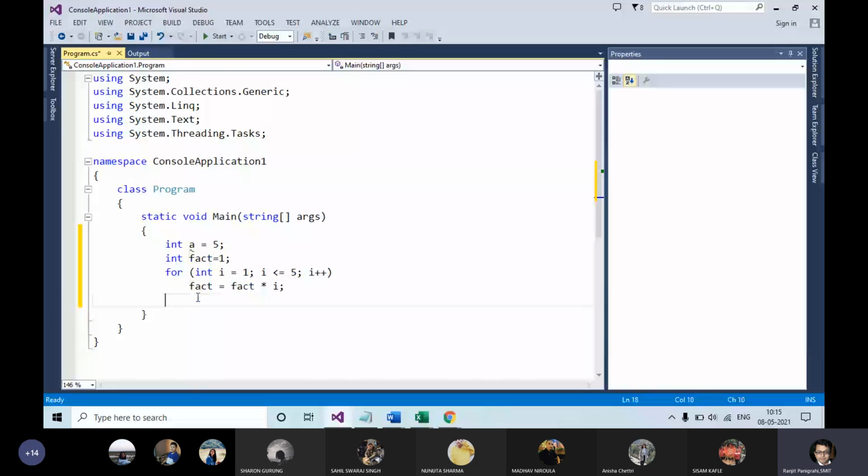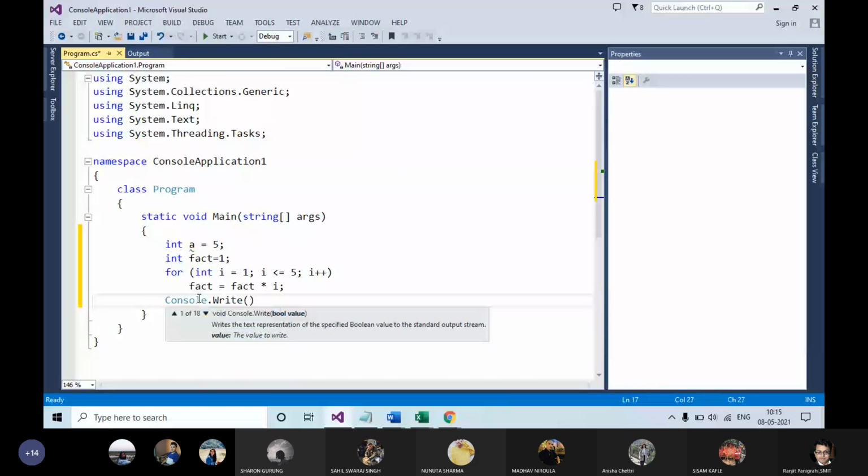If we provide the output over here, Console.WriteLine, factorial of, and then fact. What output are you getting?